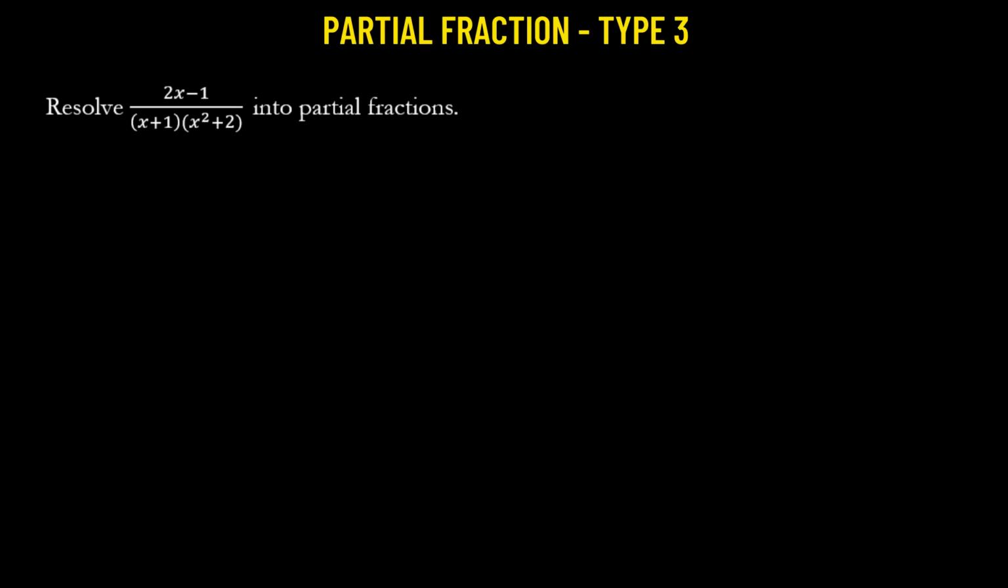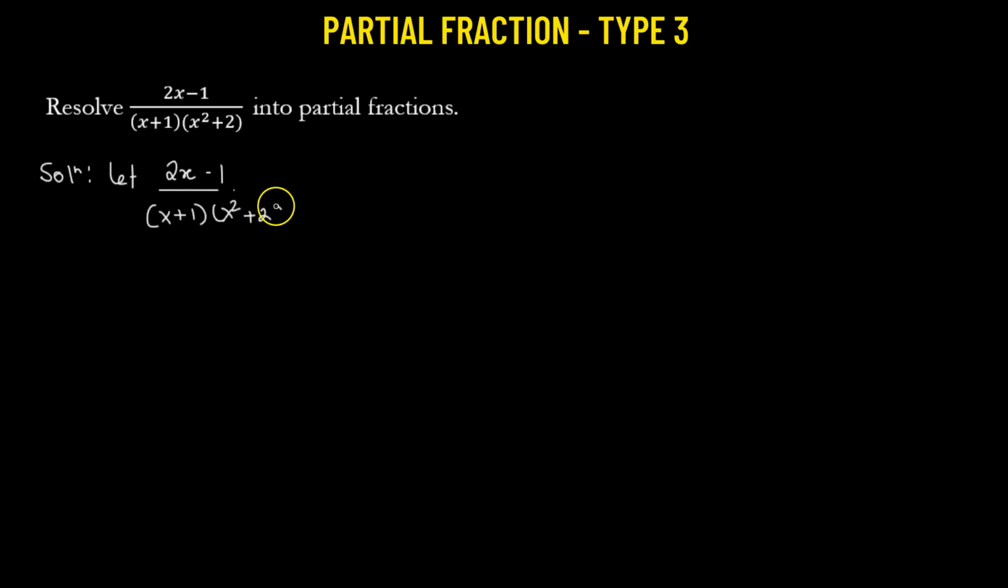So here we need to resolve the given rational fraction into its constituent partial fractions. Let us begin. We are given the rational fraction (2x - 1)/((x + 1)(x² + 2)). Let's suppose this rational fraction can be broken down into, say, two partial fractions,